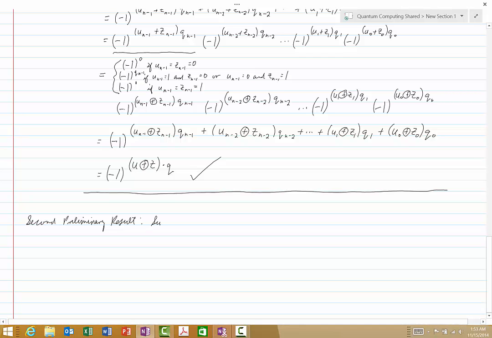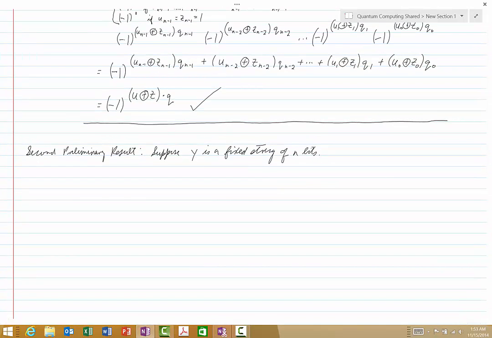Suppose y is a fixed string of n bits, then the claim is this, that the sum over x, let's just say x is any member of the standard basis for n-qubit states,